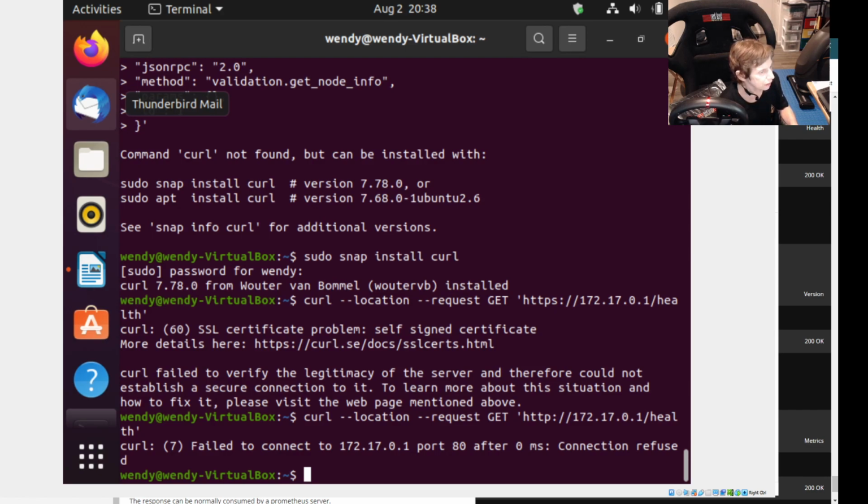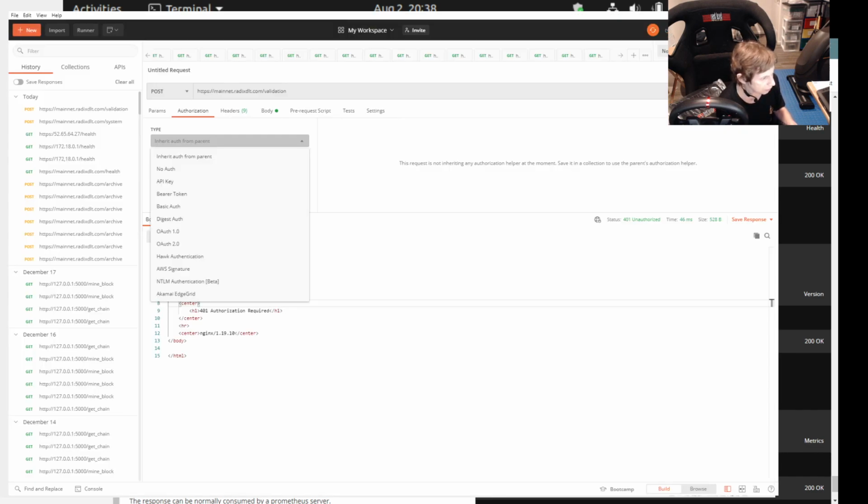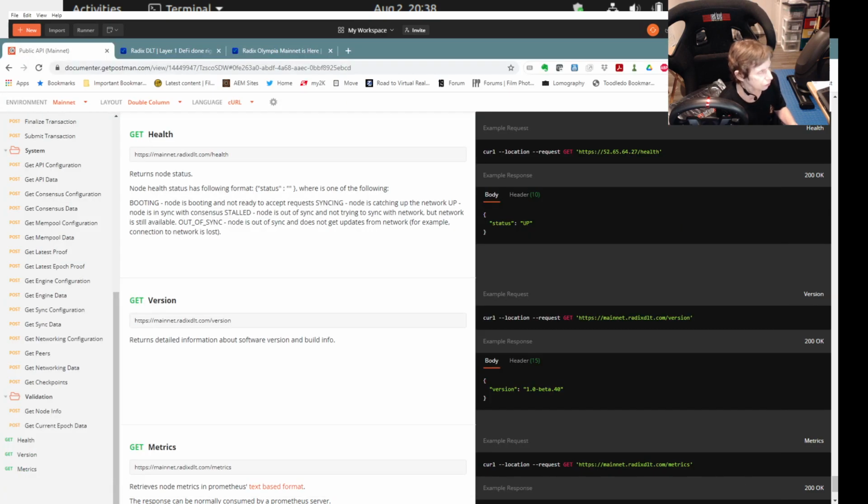let me bring this back up. As you can see, the variety of commands that you can do. Now I'm going to have to figure out how you would do the validation. This does not talk about how you would do the validation to the mainnet. What you have to do, if you look at